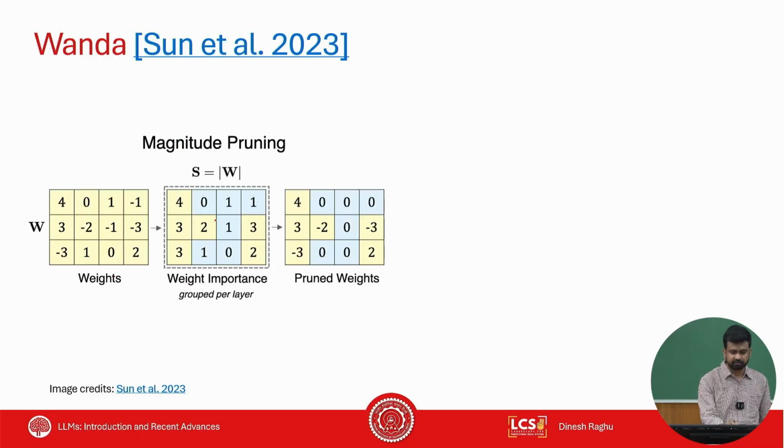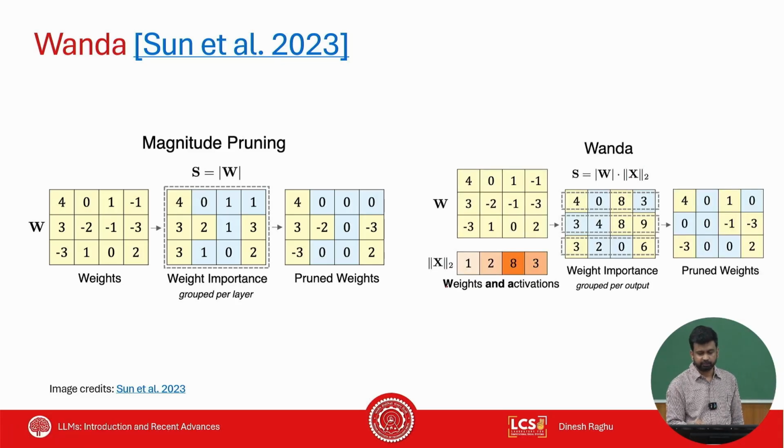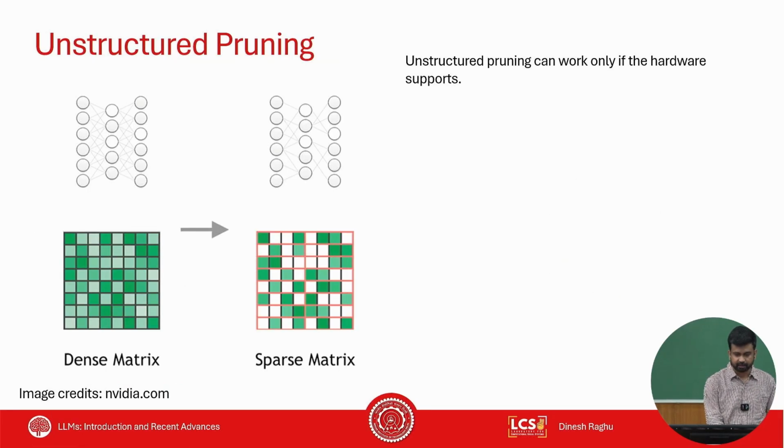And some people figured out that everybody only does weight pruning. You only take into account the weight of the parameters, only the parameters, but activations are also important. So if you take into account activations, then the product of weights and activations will show you a different story. So rather than pruning at weight level, prune at activations, right? So this was one idea that was very recently proposed.